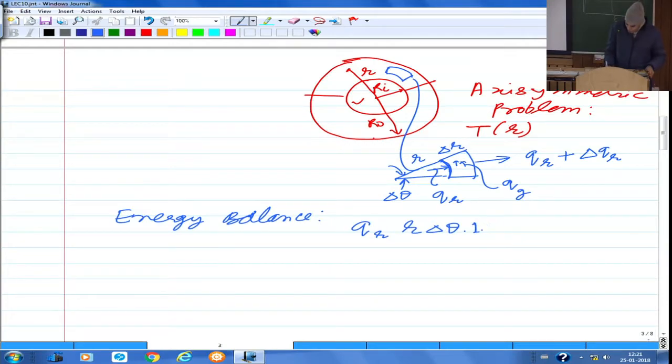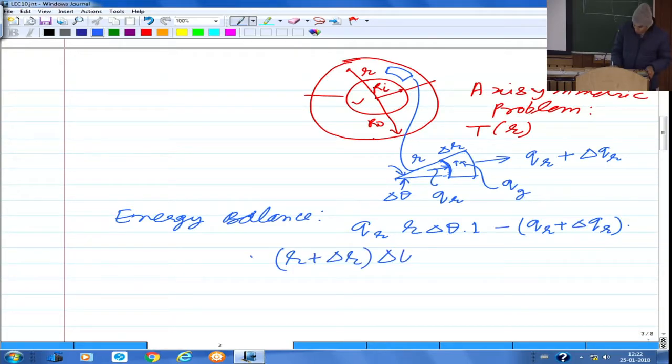So this is the energy entering at the left face, and then the energy leaving out from the right face would be q_r plus delta q_r into area. What would be the area there? At that place you will have to multiply, so this area is going to be r plus delta r into delta theta. This circumference, or perimeter, is going to be r plus delta r into delta theta, again into unity. This is the heat entering here, this is the heat going out, then there is heat generation, so we will have plus